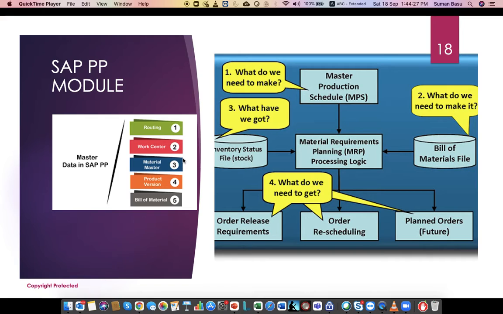Routing is the master data which gives you the idea in which sequence which machine needs to be operated, which machine needs to work to deliver a product. For instance, I am just giving a crude example. Suppose you need to make a fastener or a nut. The process can be, you will first take a raw material as a small bar. In one of the machines, you may have to polish that bar and bring it to the level where it is accepted by quality.